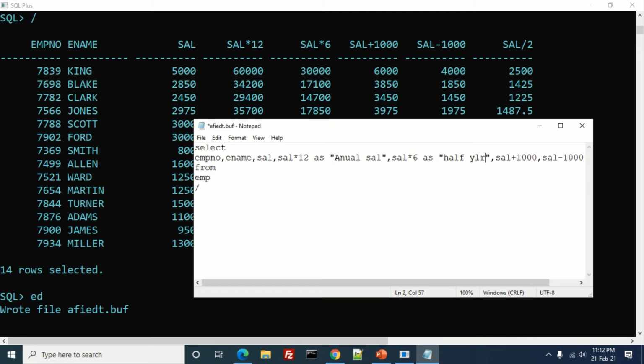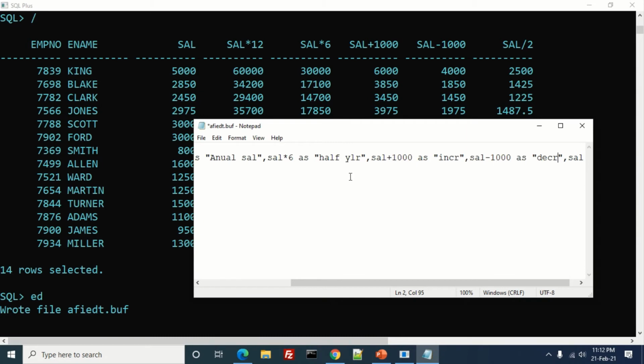Okay, now this is half yearly, this is as incremental. Okay, this will say category as, in double quotes we have to write it, say decremental,